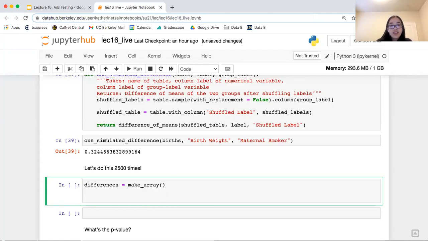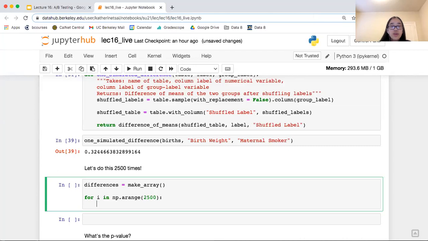Yeah, exactly. Let's do a for loop. For i in np.arange 2,500, what we're going to be doing. So what are we doing in each iteration of the for loop? Yeah, we're appending. And what value are we appending?